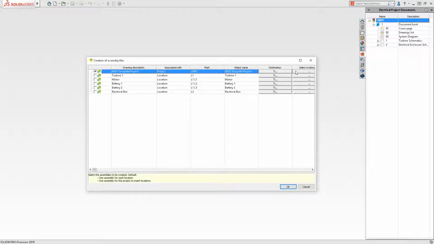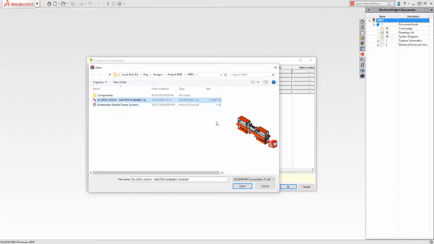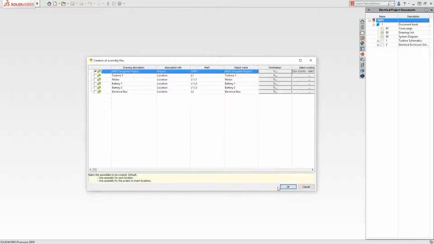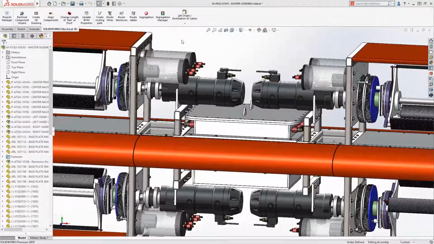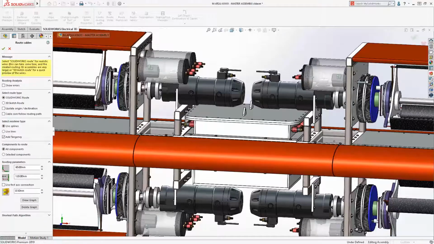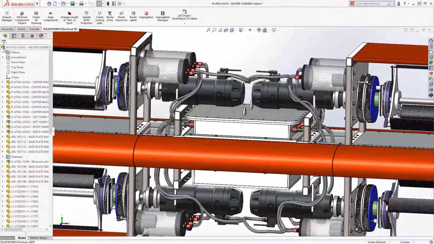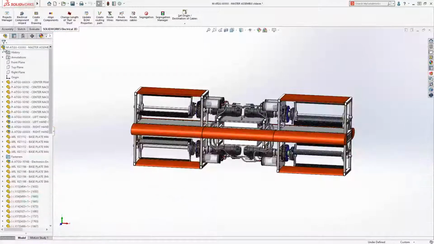into the 3D design. Let's link the electrical project to a current SOLIDWORKS assembly to take advantage of existing mechanical design work. As your design progresses, easily associate electrical components with the 3D parts. Finally, wire and cable routing is automatic, enabling you to validate crucial fit and wire lengths long before any prototypes